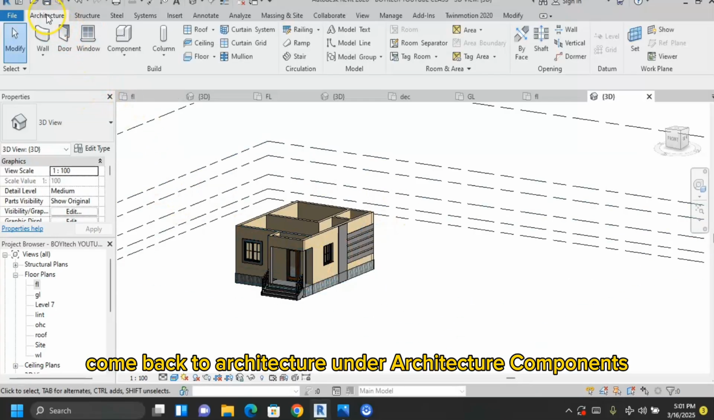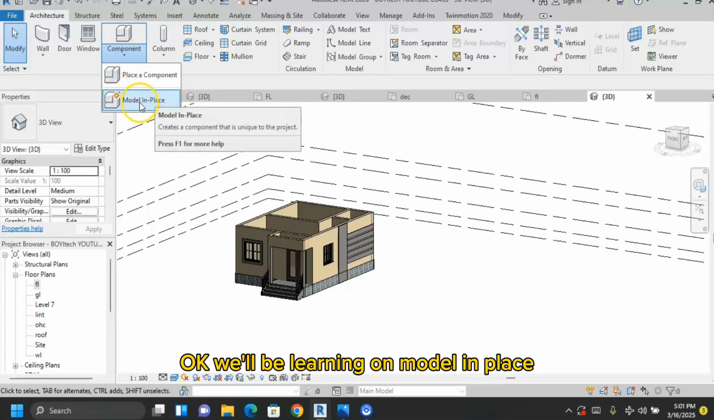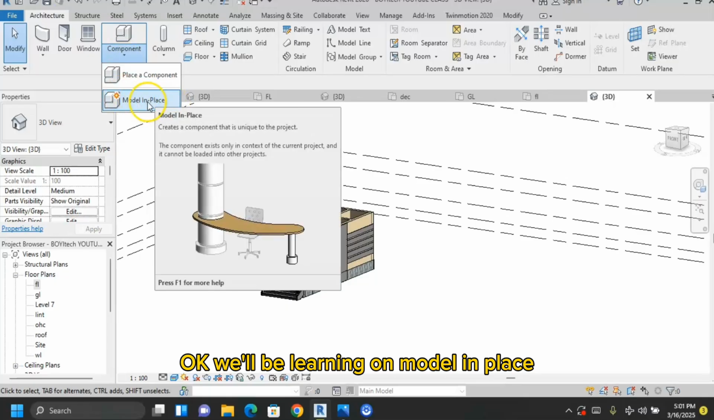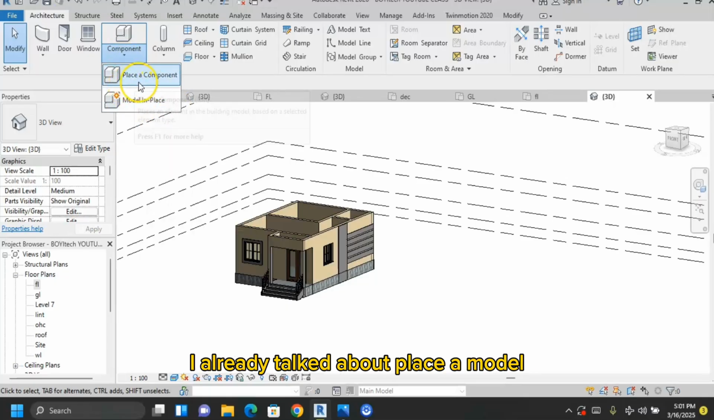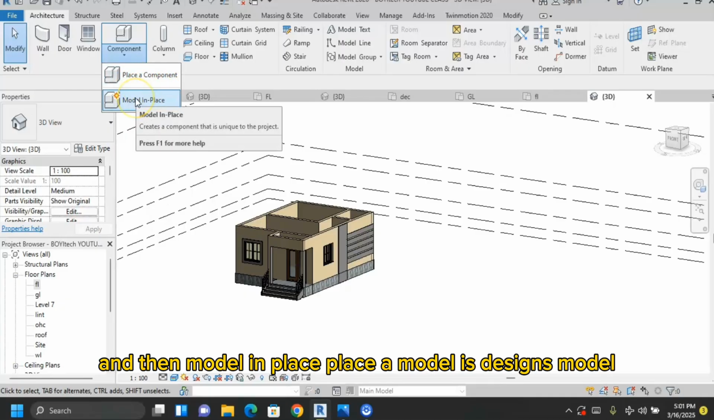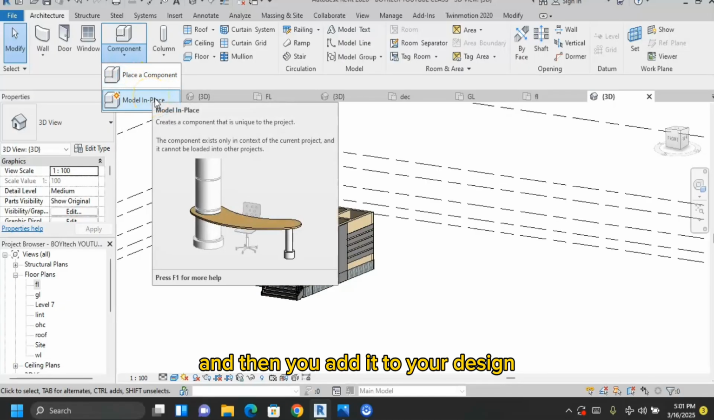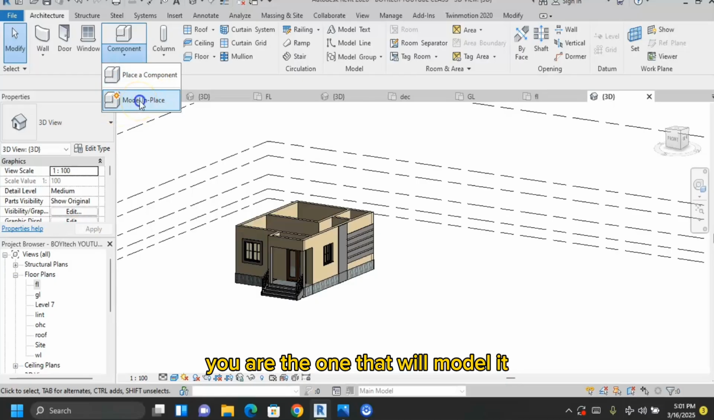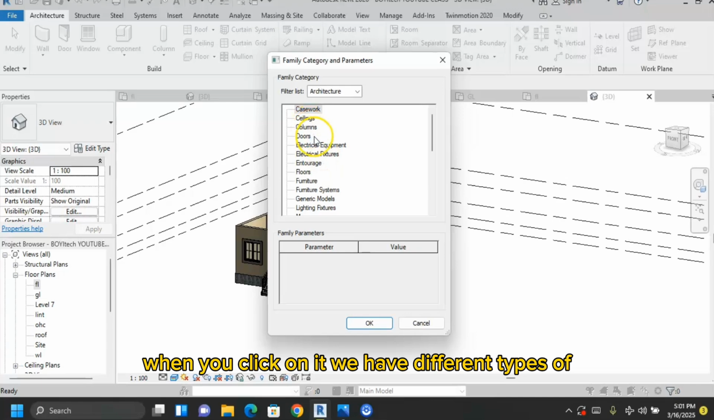Let's go back for a small refresher. Come back to architecture. Under architecture components, we'll be learning about model in place. I already talked about place a model and model in place. Place a model is a designed model that you add to your design, while model in place is where you are the one that will model it. When you click on it, we have different types of